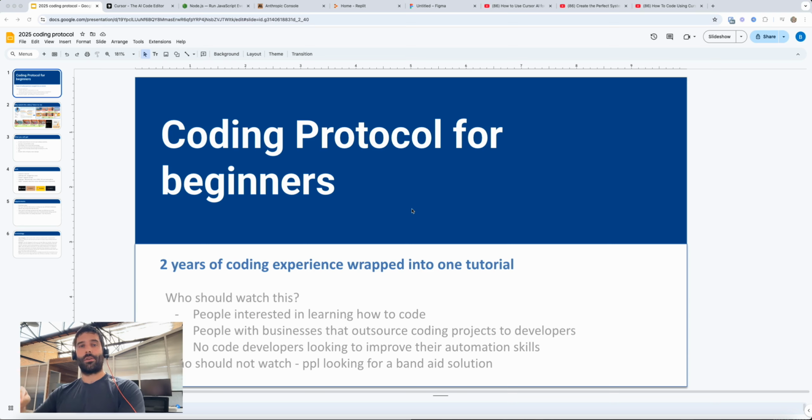So I taught myself how to code across like 1.5 to 2 years. And in that time, I've tried a bunch of different tools, a bunch of different AI models, and I've come out to this specific process that I use to code up all the stuff that I do for just like personal things that I want to code or agency things that I want to code for clients.